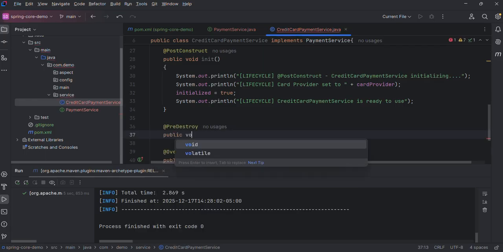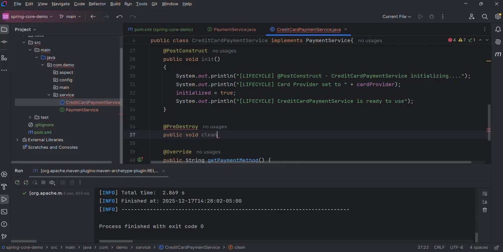So here I'm going to add another method called, say, cleanup, and here I will just say life cycle, because they are all part of the bean. Closing connections to